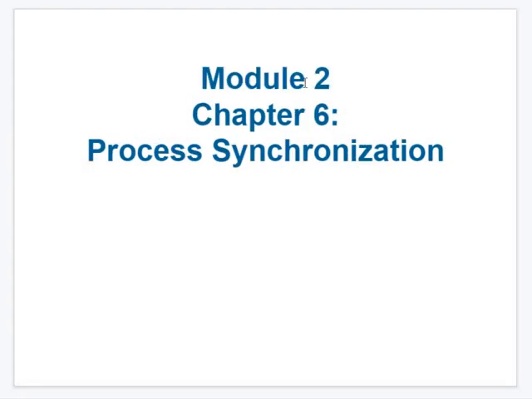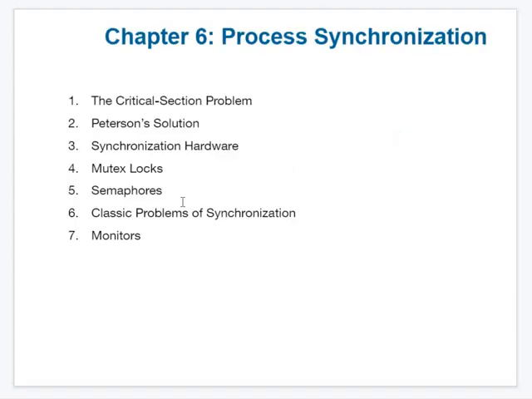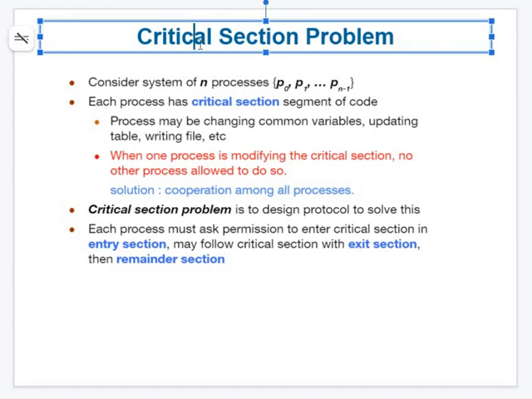Okay, so in the same module 2, the last chapter is process synchronization. It is slightly technical, a little more difficult than the earlier 2 chapters of this module. This chapter is only 20-25 pages, but everything is slightly difficult. Maybe since you are studying online, sometimes it is difficult for me to convey. Anyway, I will try my level best to convince you regarding the concepts. Here we are going to study all these topics. So let's start with the first, the critical section problem.